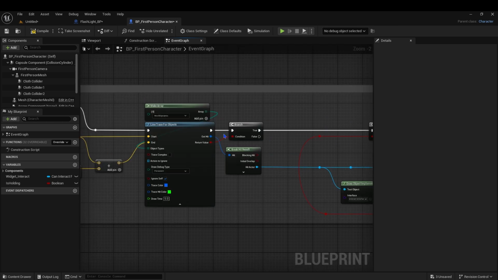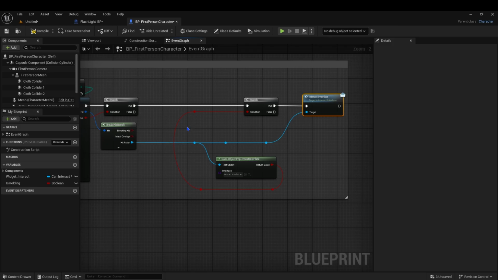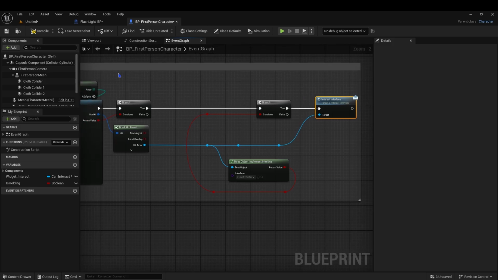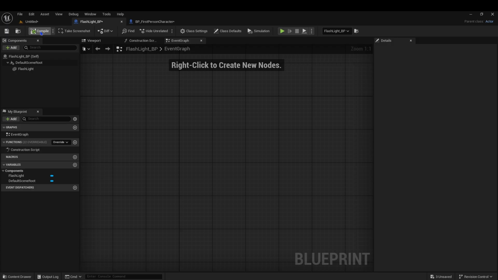So if you don't have this in your first person or third person character, then this won't work. The method that I'm doing will not work, but again, I will link it in the description. So, okay, let's go back into our flashlight blueprint,